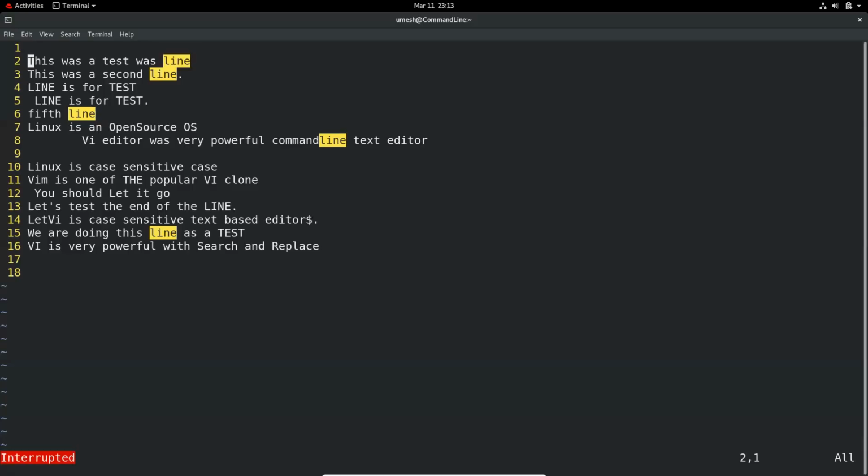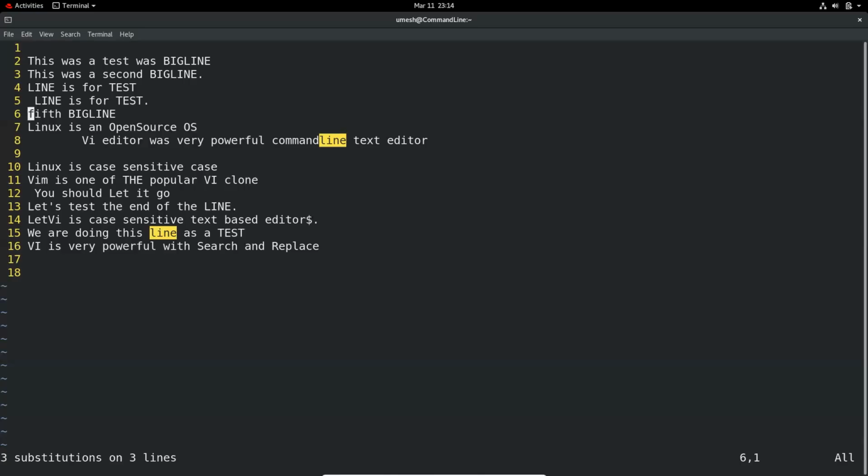Then what you can do is colon, period for the current cursor, comma, and let's say you want from the current cursor line to the next 4 lines, plus 4, and then s for search. Line, and replace with big line, for example. So it will only search and replace up to line 6, not the 8 and the 15 and other lines.